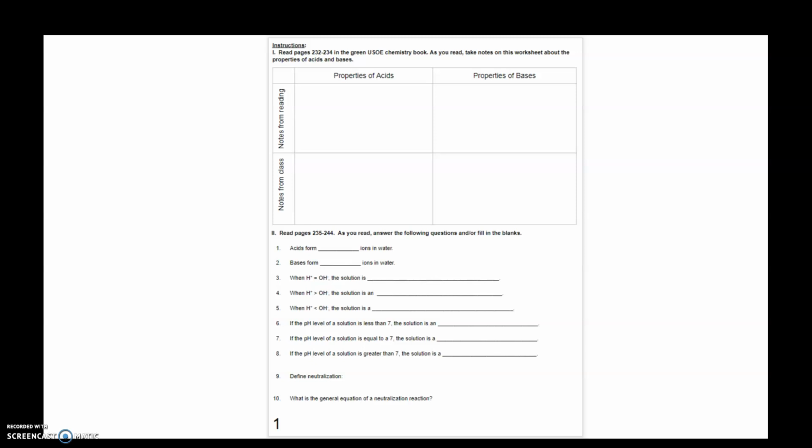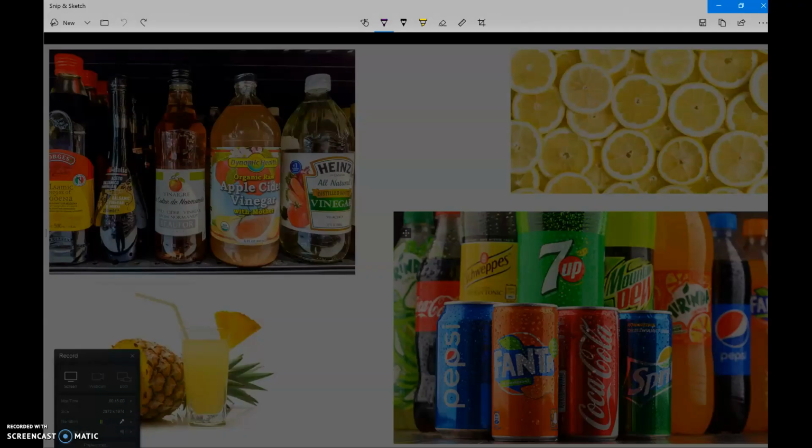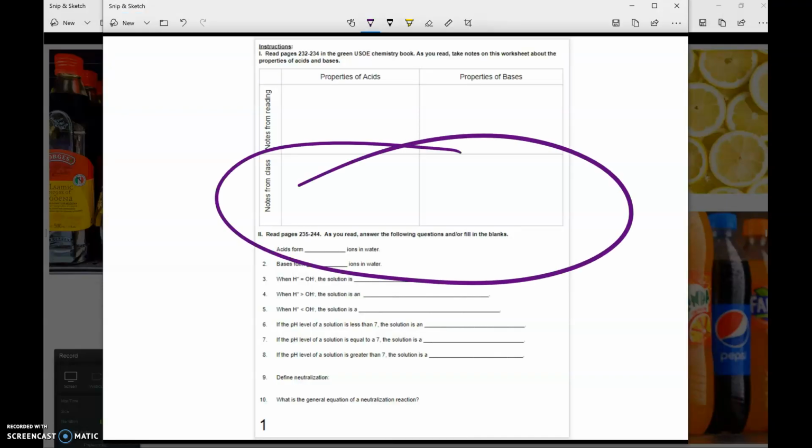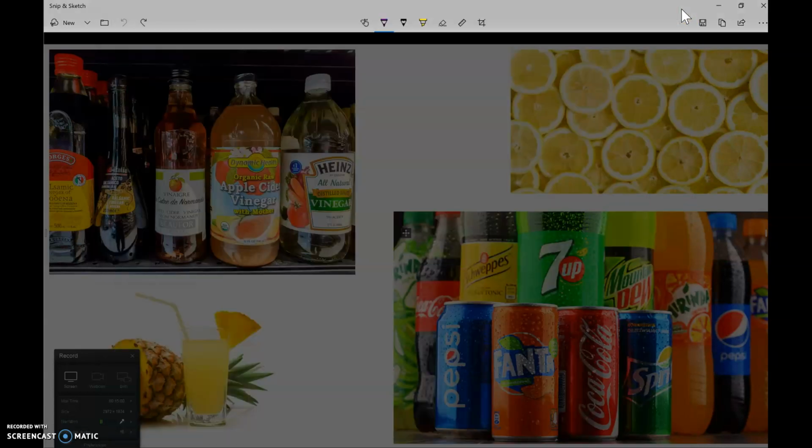Go ahead and turn to page 1, and you're going to fill out this notes from class part right here. And if you have something up above from your reading that's the same, don't feel like you have to write it, but you can pause the video and then write down what you need to write down and then come back. Okay, so